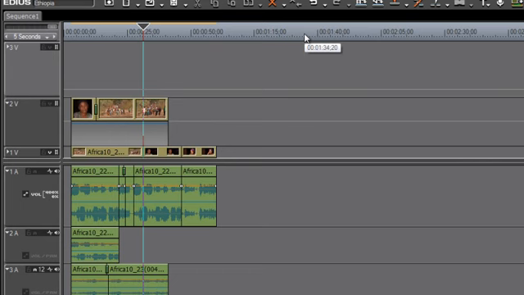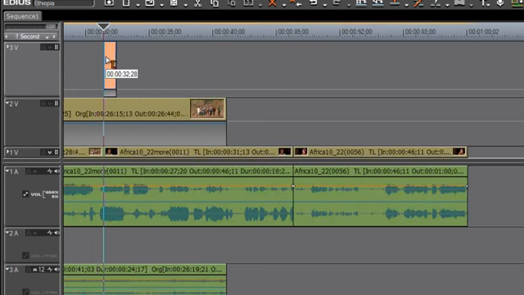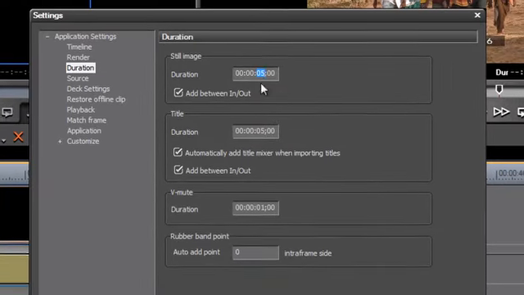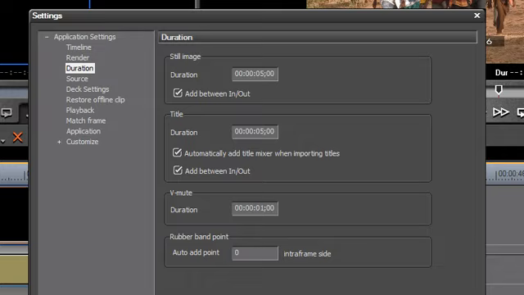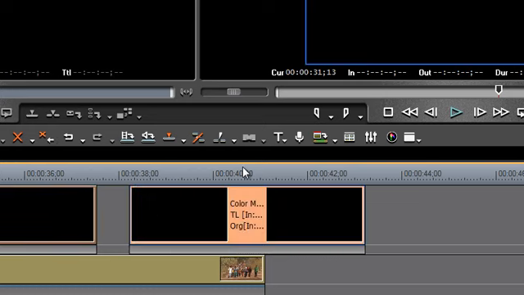However, if you have your timeline contracted like this, and you were to bring in a 1 second graphic, it will appear on your timeline so small that you can't go ahead and grab it and extend it out, and you'll have to go ahead and extend your timeline out before you can actually make it longer. So I usually like to set mine at 5 seconds. And now, when I add a graphic or a title to the timeline, it automatically gives me 5 seconds of